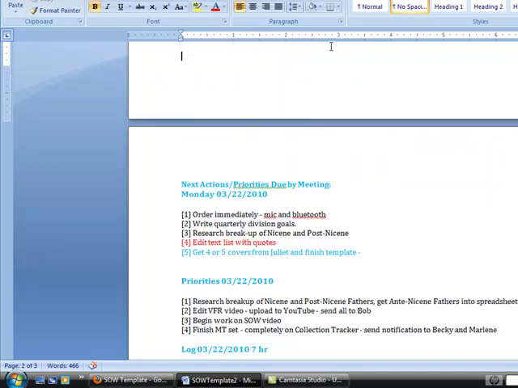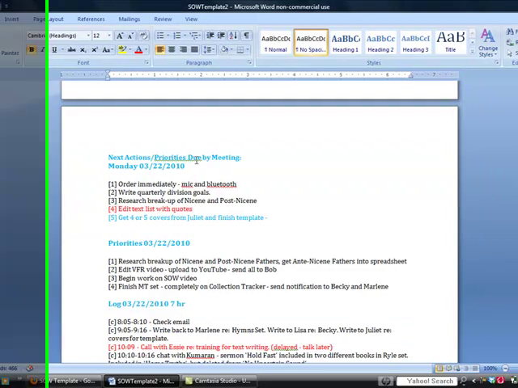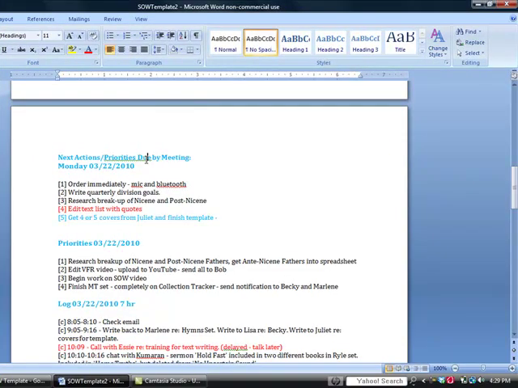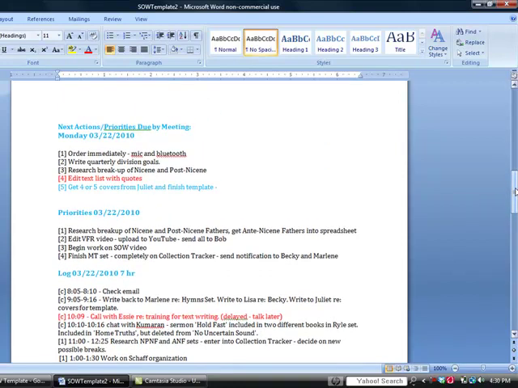So, next question: why do we have so many different priorities? We have our priorities due here. These would have been copied from the meeting notes template. Then we have priorities here, and we have priorities here. Why is that? Well, just like with the VFR, when you have your quarterly goals that you work with, and